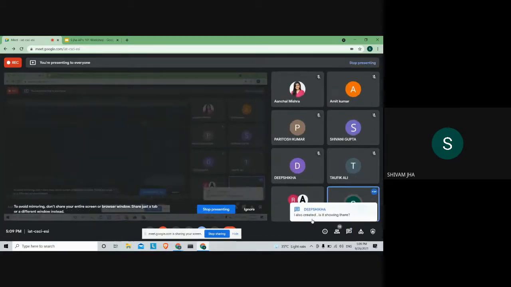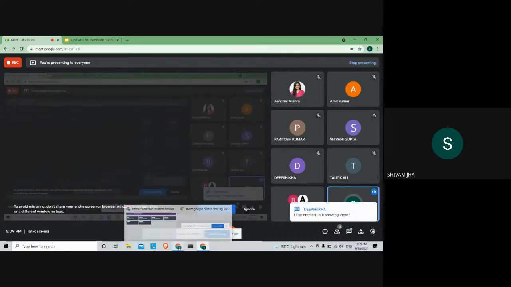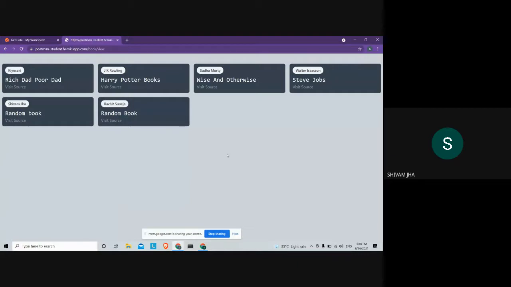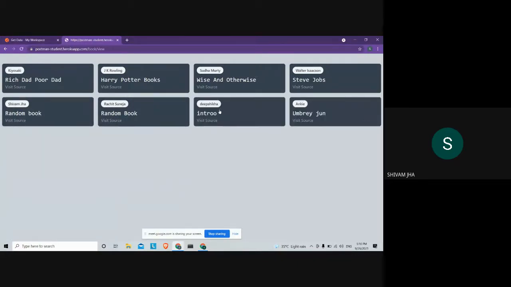What all have you got? Yeah, Deepshika, let's wait. Okay, so these are the books that have been added newly. Intro by Deepshika and Ombre Own, I don't know, by Anki. Great, guys. As you can see for yourself here, these are the books that have been added new.